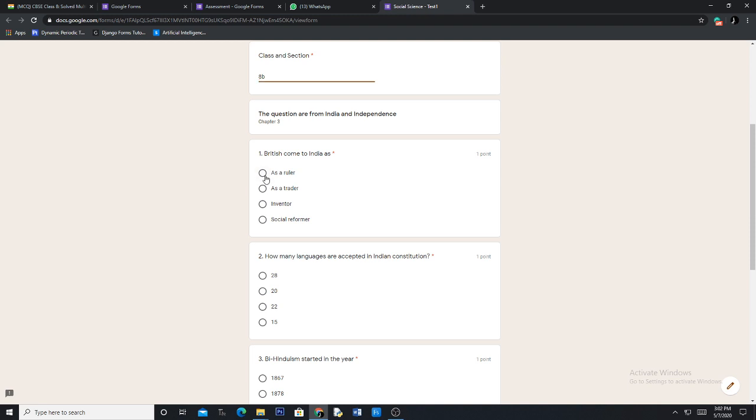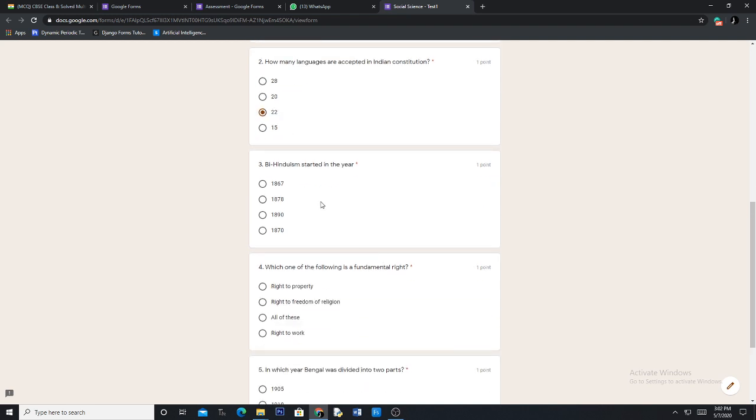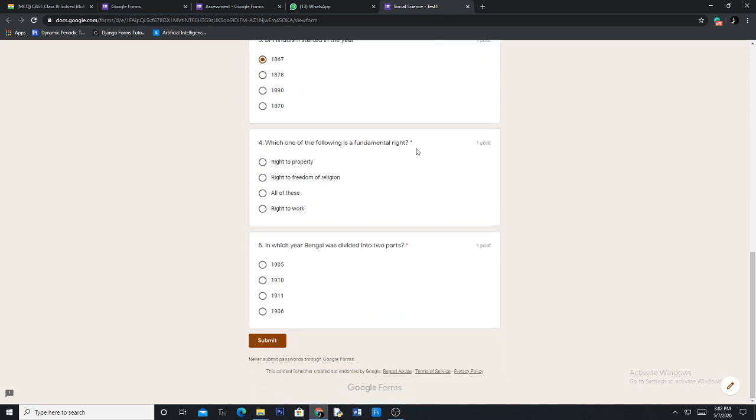Suppose the first one I say as a ruler. Second one I say 22 languages. Hinduism started, I say 1867. Which one of the following is a fundamental right? I say right to property. In which year was Bengal divided into 2 parts? I say 1905. I say submit.